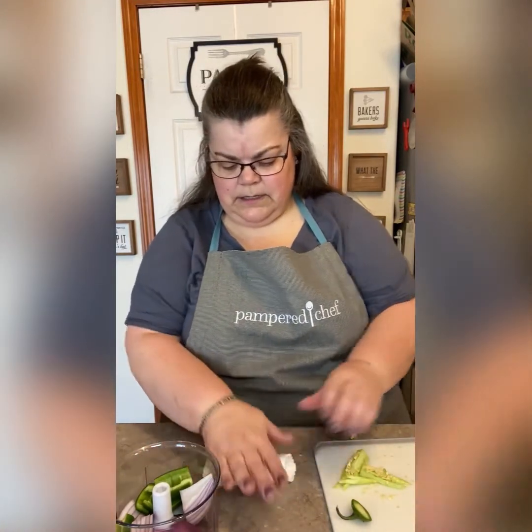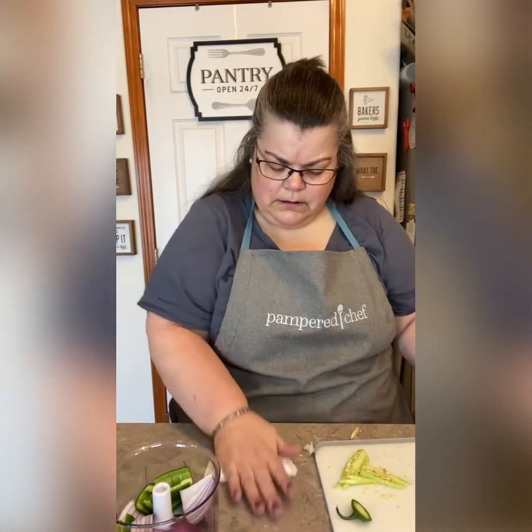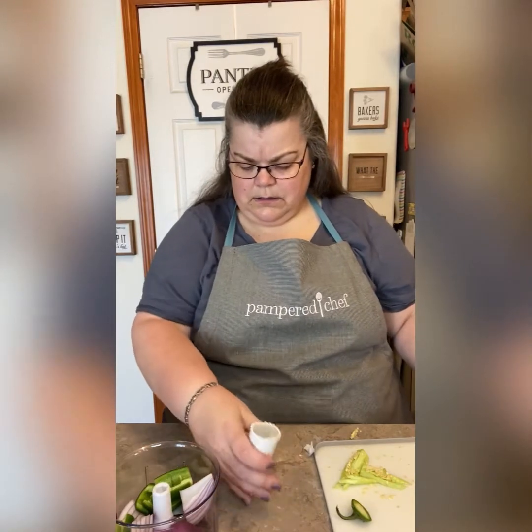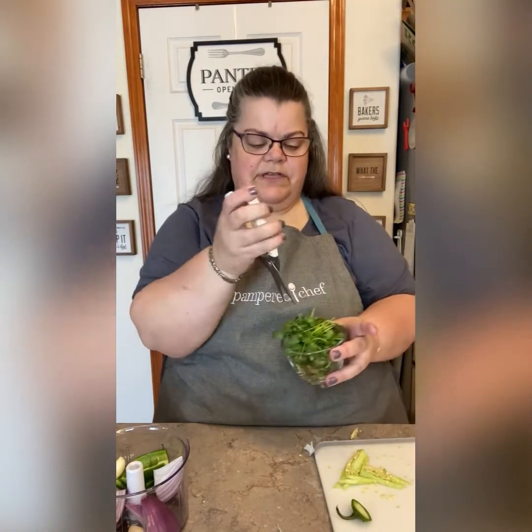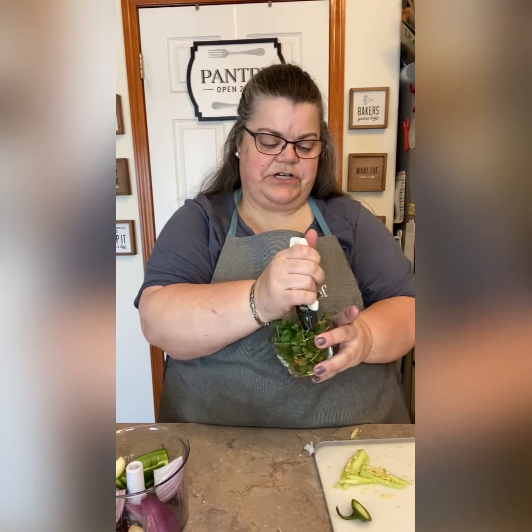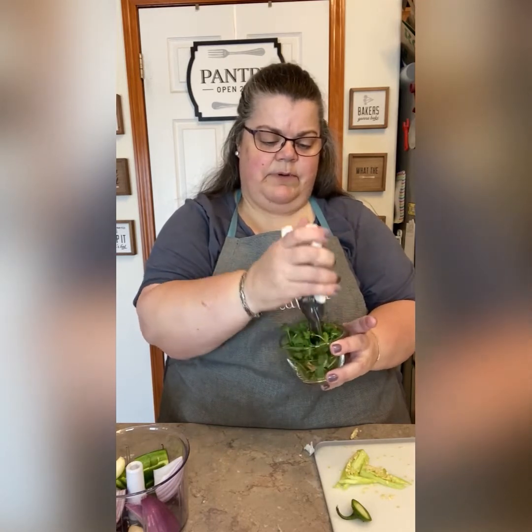How easy was that? And there's our second one, all peeled, ready to go. And I have some cilantro here, and I'm going to use an old pair of our kitchen shears, but we have kitchen shears and professional shears. I'm just going to cut up my